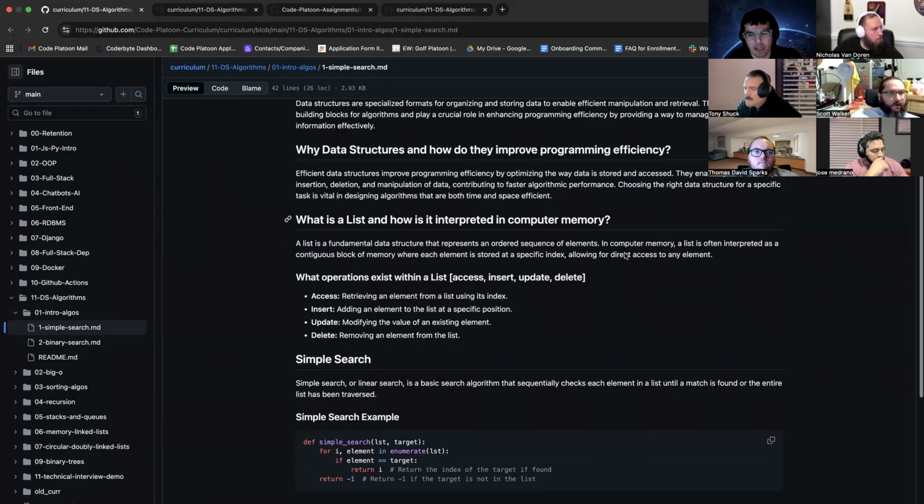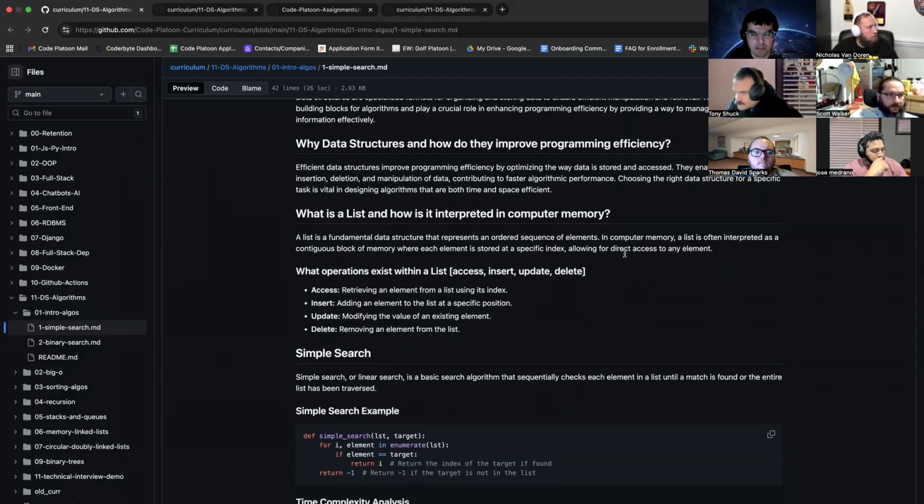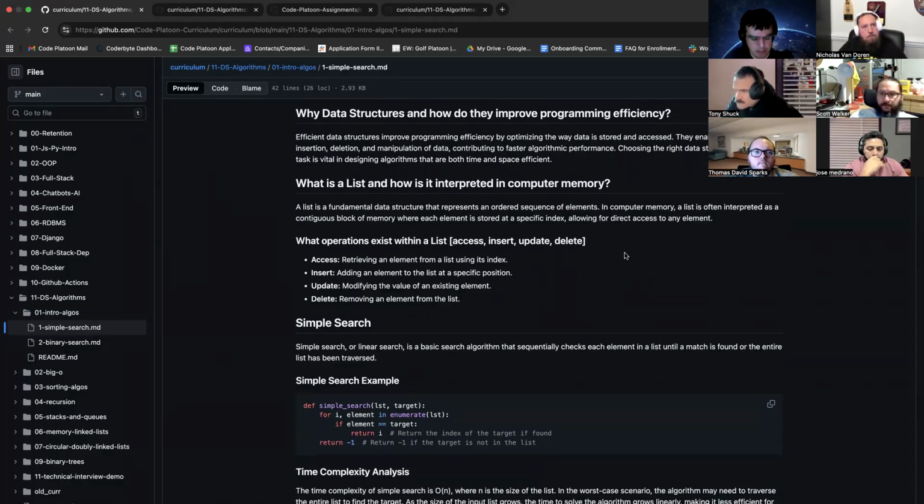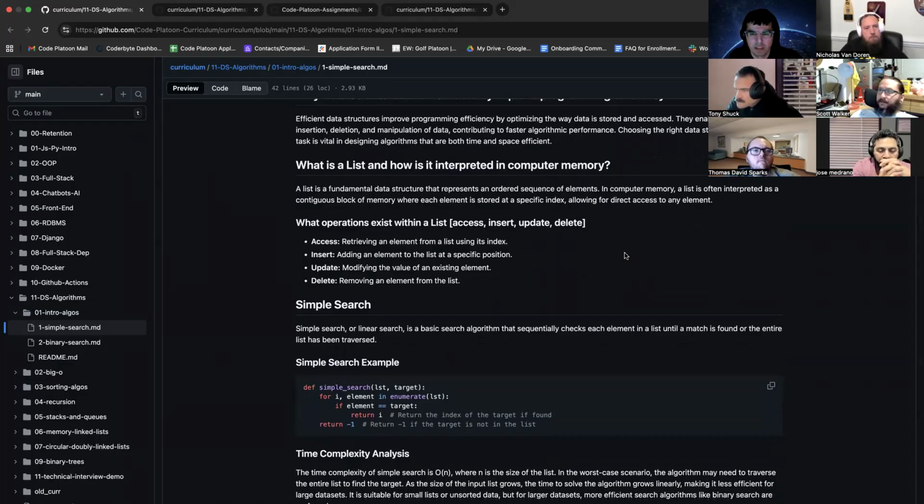Good. How does Python access elements in a set? Anybody read that? Does it iterate? Oh, come on, guys.